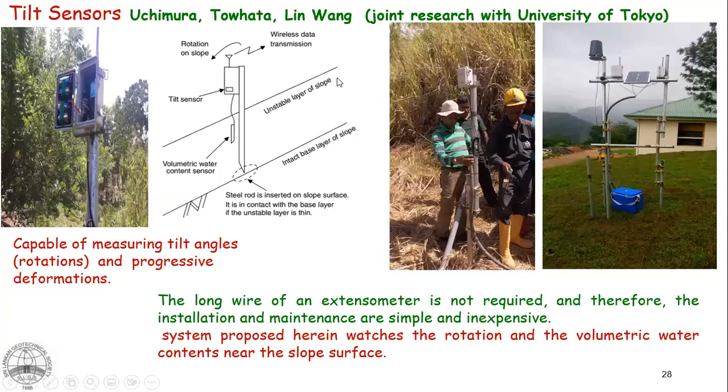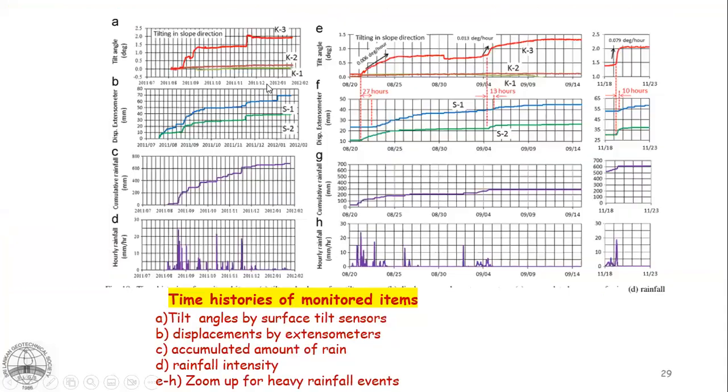The tilt sensor is a device which is driven to a shallow depth, 2 to 3 meters, and it is with certain electronic instrumentation, so that it can detect the surface level movement. So if there's a surface level movement, there would be some tilting, change of